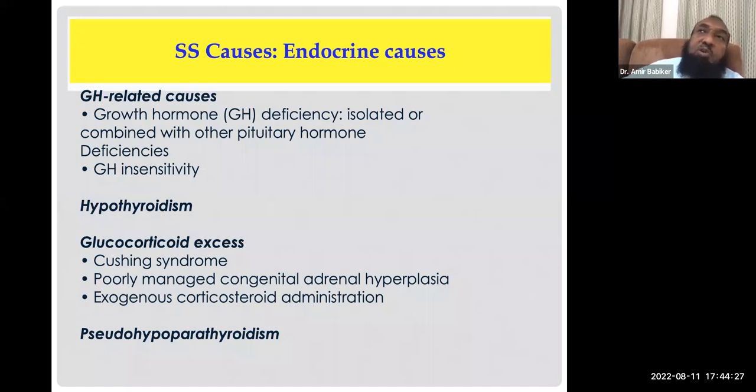Actually, the causes of delayed bone age are like this. If you have delayed bone age, for the sake of MCQs, this is endocrinopathy or constitutional delay of growth and puberty. The others do not have delayed bone age. But practically, if you have a severely affected patient with a chronic illness, like a malabsorbing child, they will also have delayed bone age. And if you have hypogonadotropic hypogonadism, you will have delayed bone age. But for the sake of exams, you need to know that the causes of delayed bone age are constitutional delay of growth and puberty or endocrinopathies.